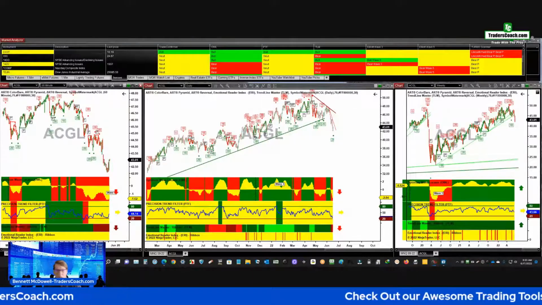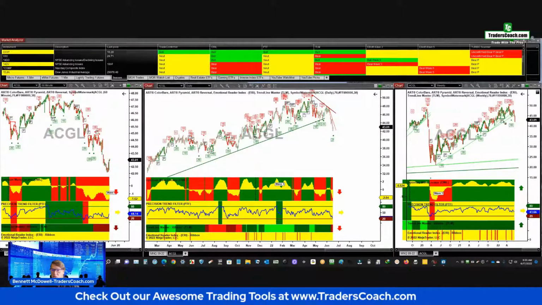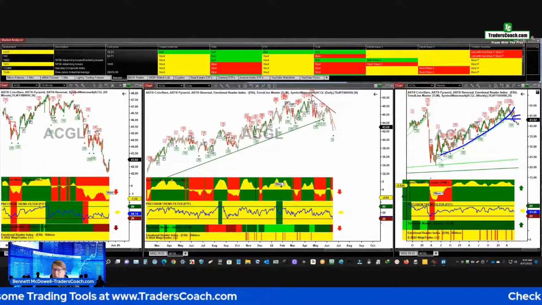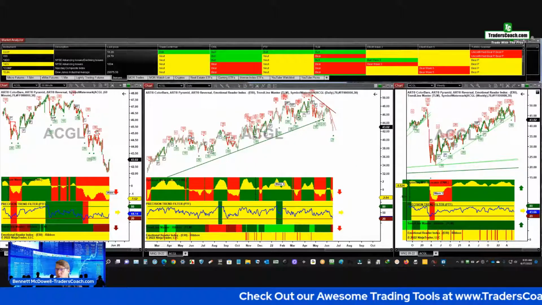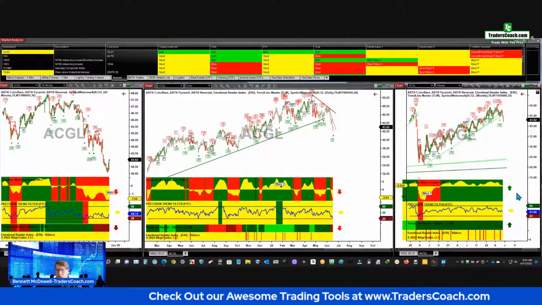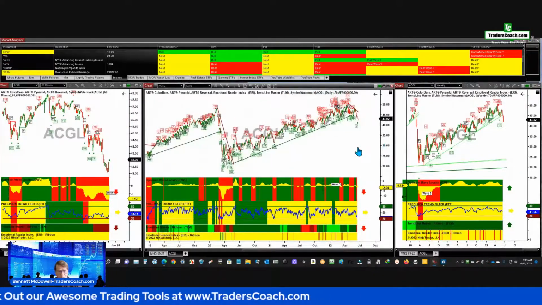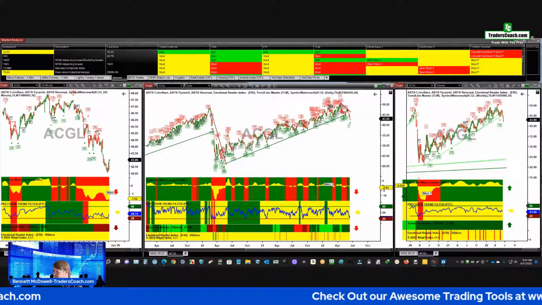All right, so on this one here, we're in a correction. We've taken out the pyramids on the long-term charts. So even if you had a nice ride up here, you're out now. At this particular point, if you wanted to consider a short trade, you could. That would probably be a better move than considering a long trade, because the trend is so extended and it appears to be over.